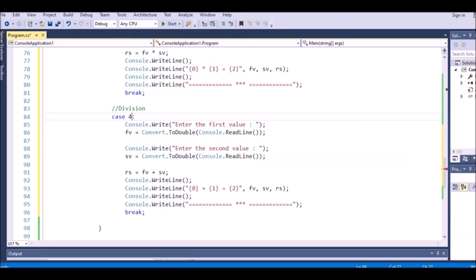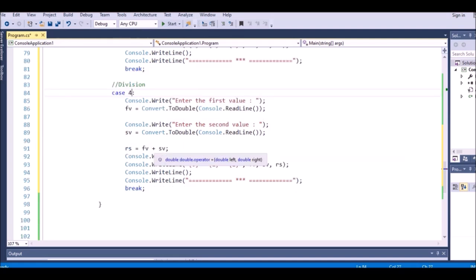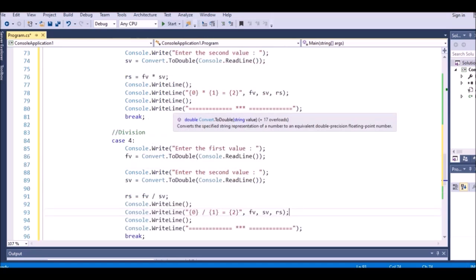Number 4. So for the division, I have to change this to be division, and this one I should change too, right? So I have the case,